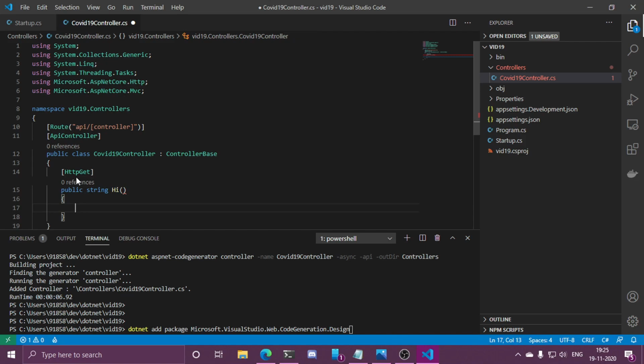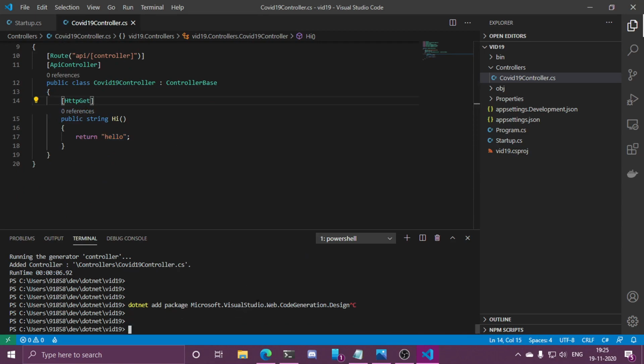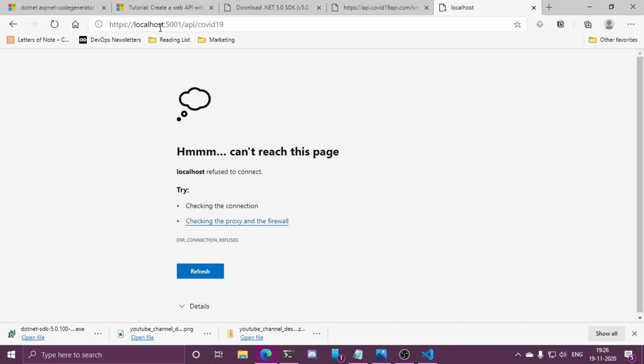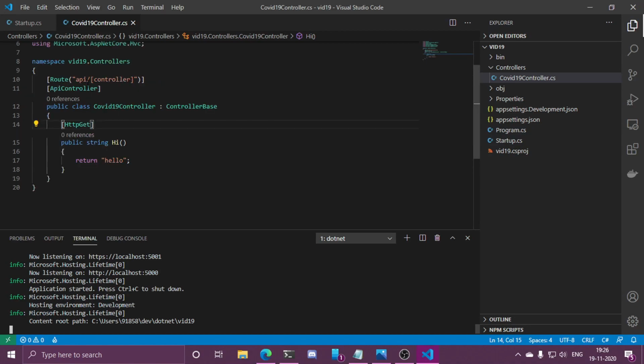Okay, and then I can simply return hello, and the string is the return type over here. I'm simply returning a string. This is a very simple controller. I can simply run the server and reload this stuff, and as you can see that there is this hello.